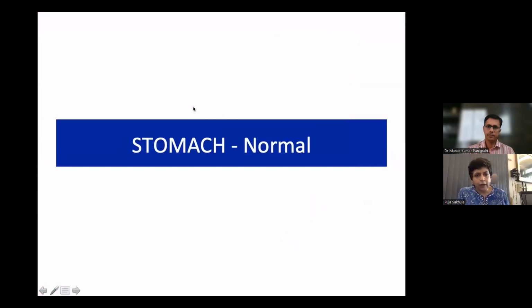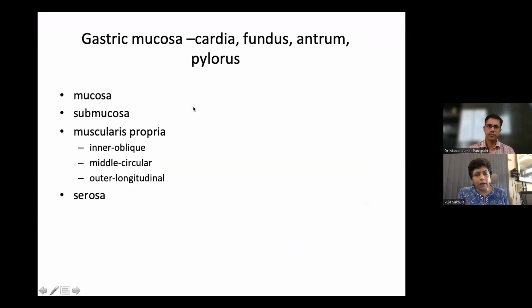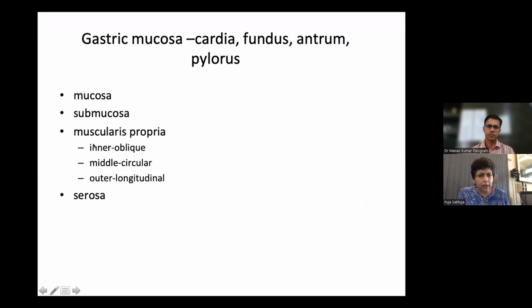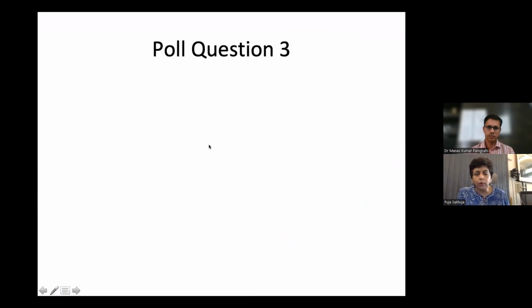point. Now, the normal morphology of the stomach, again, the same 4 layers. The additional part, of course, is that there is an inner oblique muscle where a circular longitudinal is seen throughout the intestine. This is not really important when we're talking about biopsies because they don't go down to the main